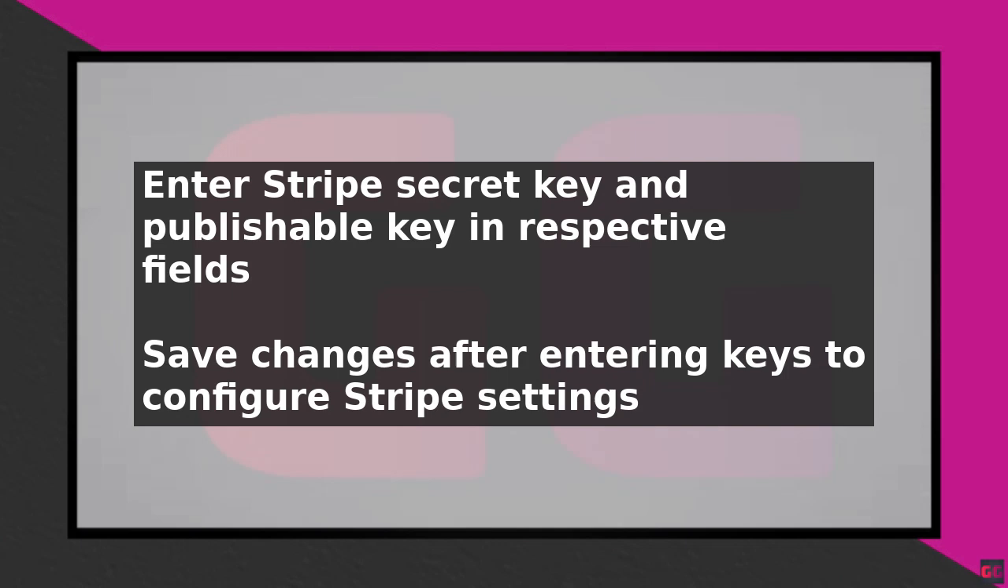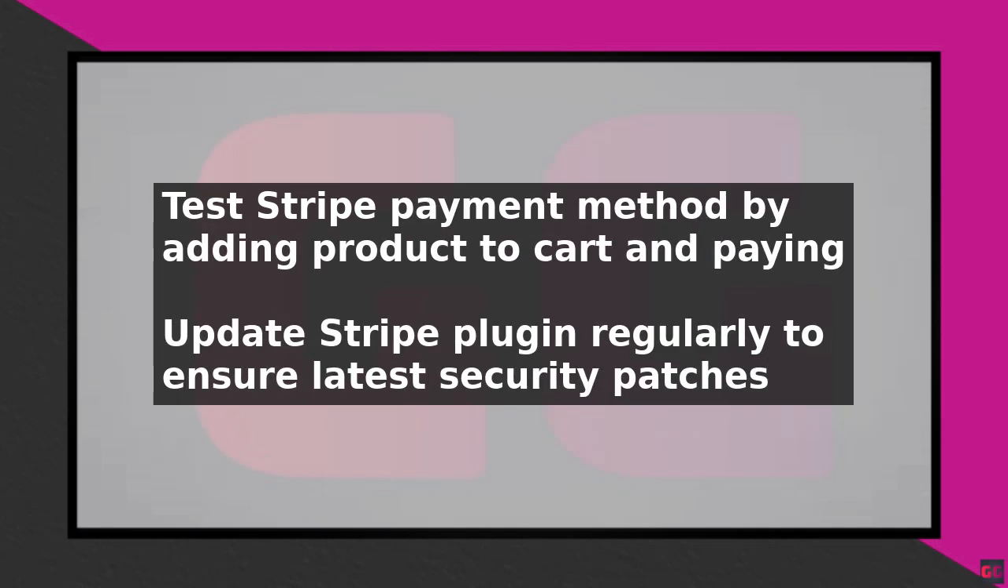To test the Stripe payment method, go to your Stan Store and add a product to the cart. Proceed to checkout and select Stripe as the payment method. Enter your credit card details and complete the payment. If the payment is successful, you will see a success message and the order will be marked as paid in